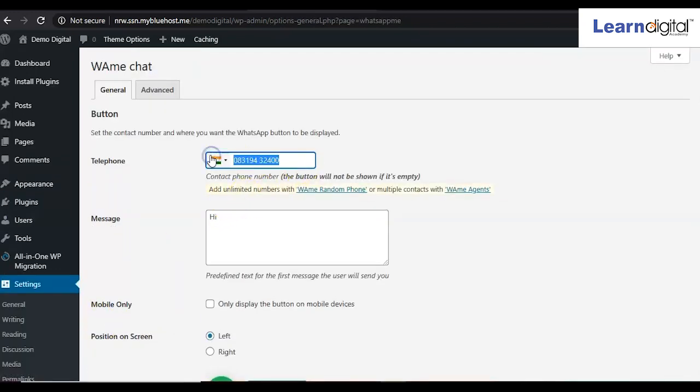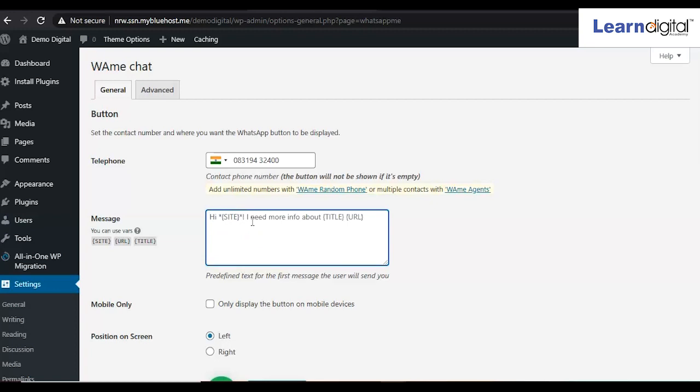Here you can simply edit your number, right? That means the number which is integrated with your WhatsApp. You can write that number, for example 83194. This number I have typed.